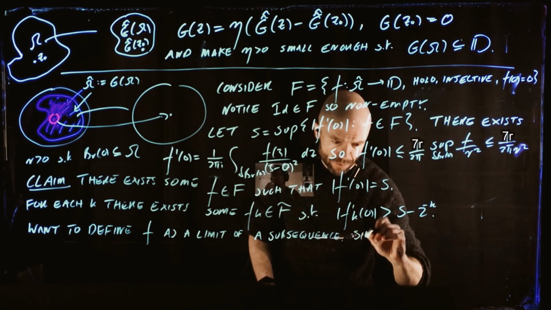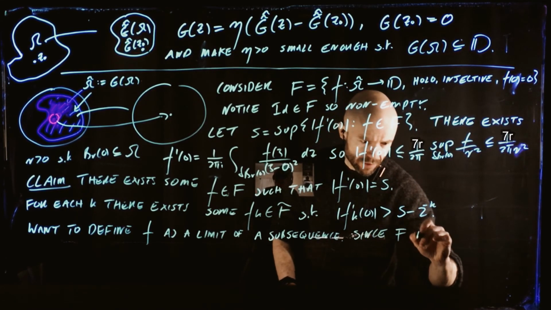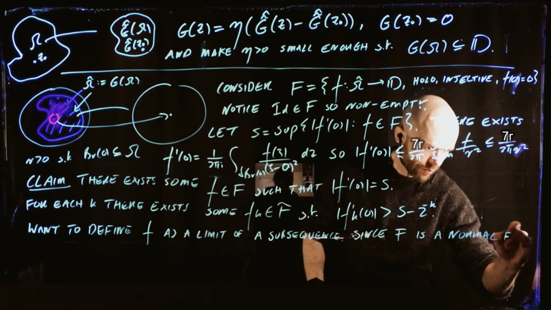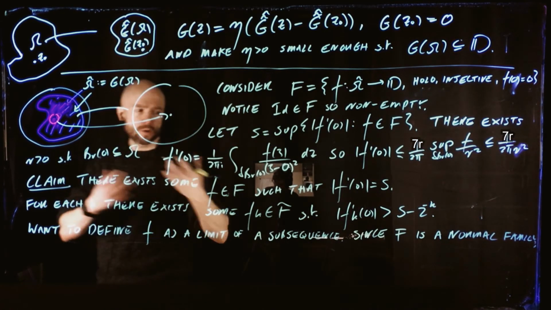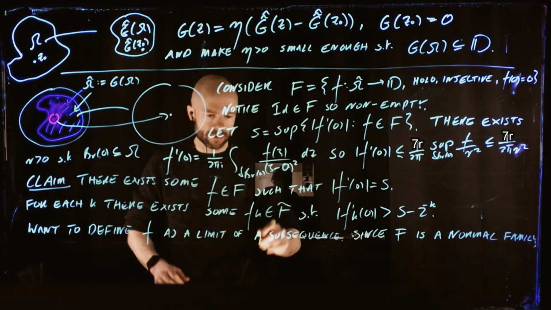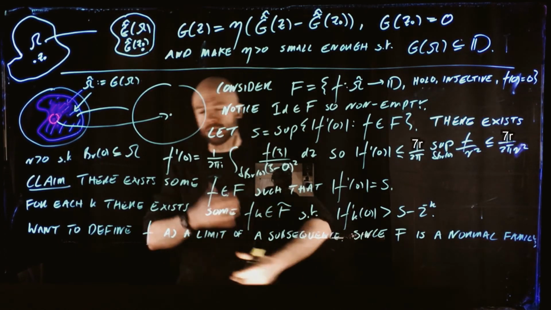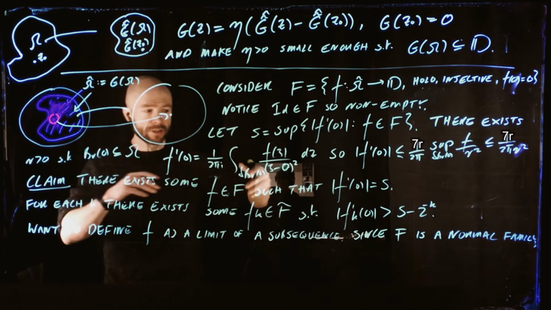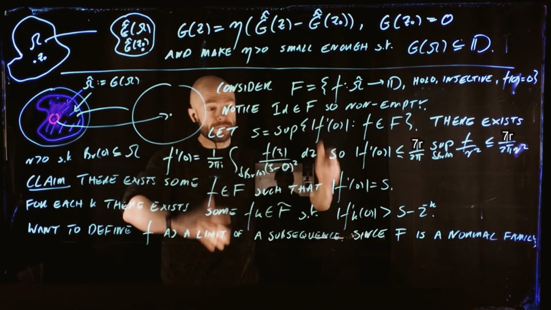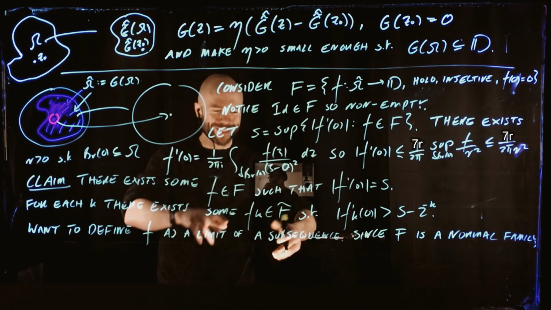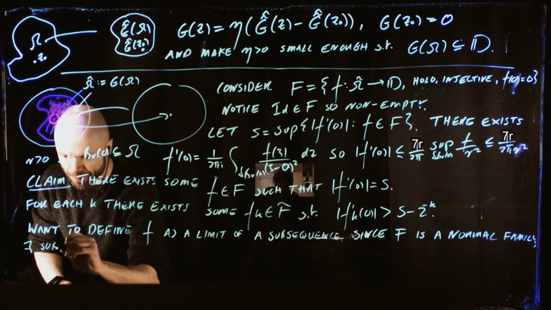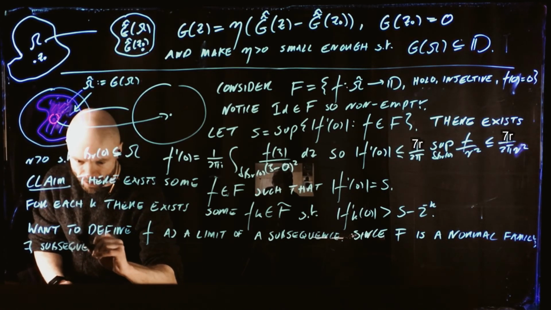So since F is a normal family, I'm going to not relabel the subsequence. This is something that you'll see going forward a lot. You end up taking sequences and subsequences, and it gets too many notations. So you'll often just write the subsequence as the sequence. So there exists a subsequence, not relabeled,